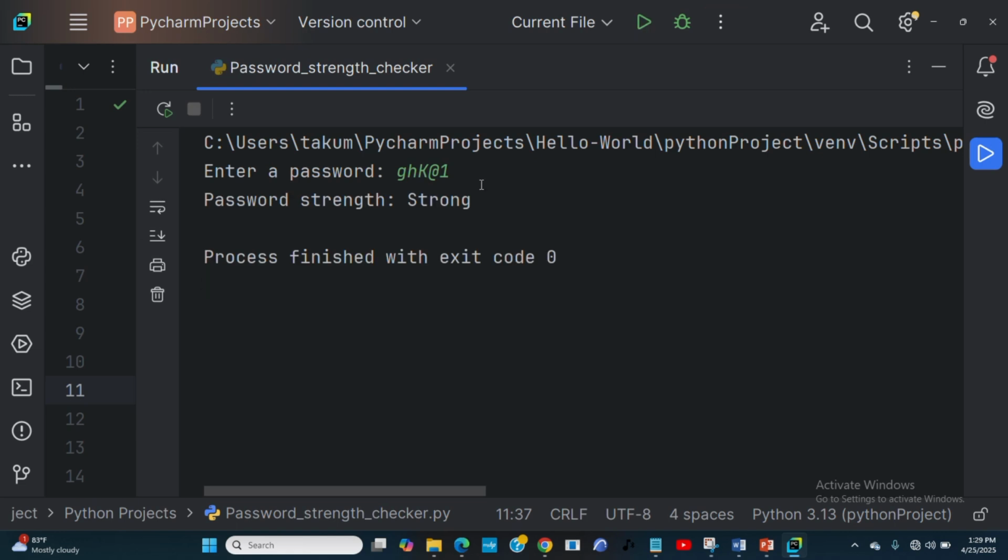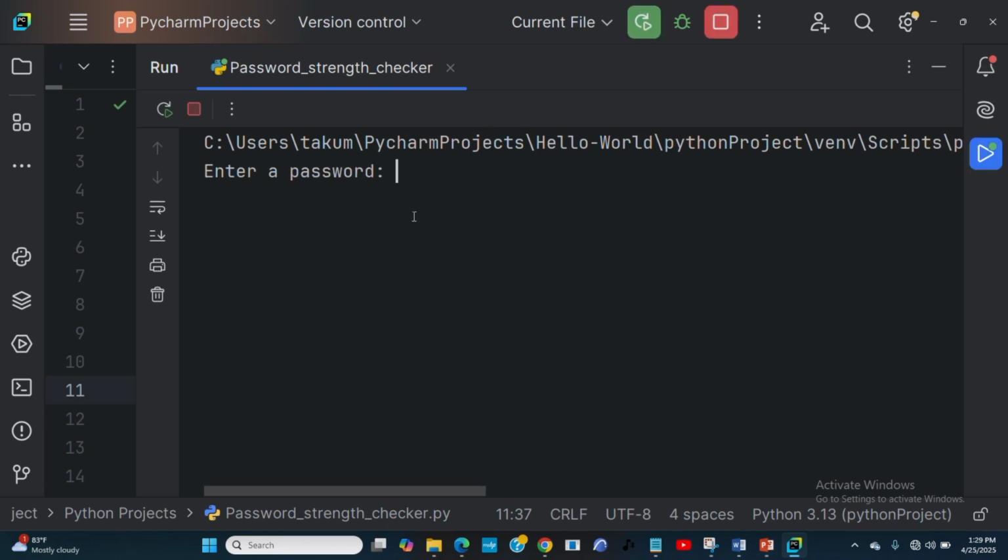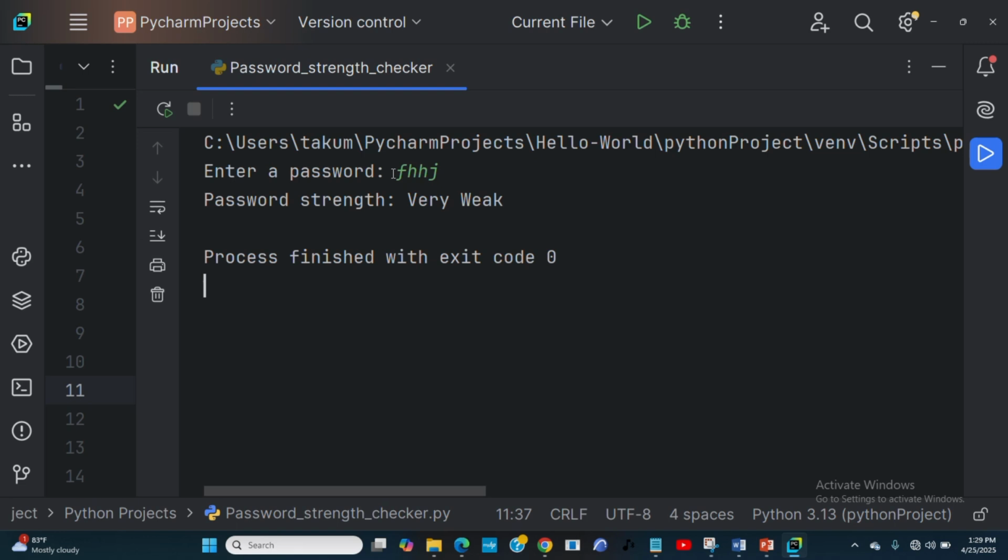So you see, it is telling me that it is strong, right? It is having how many of the things? Oh, I didn't change that. It's okay. Don't worry, we are going to come back here to make it medium and strong and the rest. Because if I just give it like this, you see, it's going to tell me that it's very weak. The password is very weak because with this you can easily hack your account, isn't it? Just small letters, it's not having any letter, any digit or anything inside.